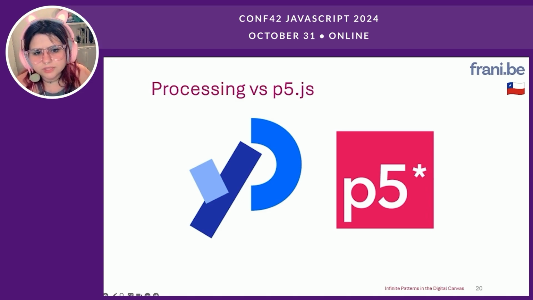What are its strengths? Web integration. P5.js is designed to work seamlessly with web technologies, making it ideal for interactive web-based projects. Accessibility: since it runs in the browser, P5.js projects are easily accessible and shareable via URL. Leverage the power of the modern JavaScript ecosystem, including tools, libraries, and frameworks like React, Vue, and D3. Learning resources: